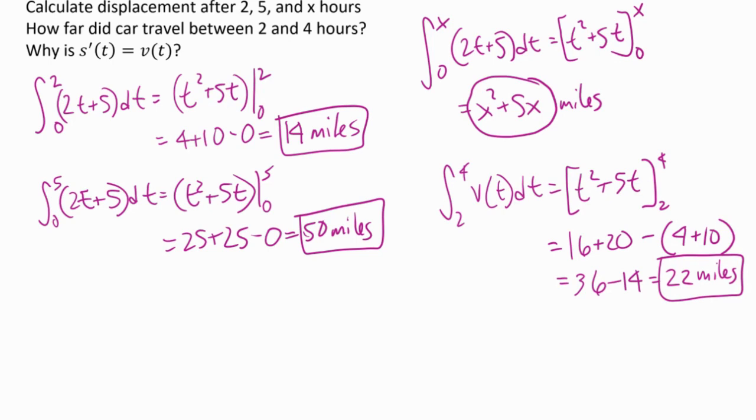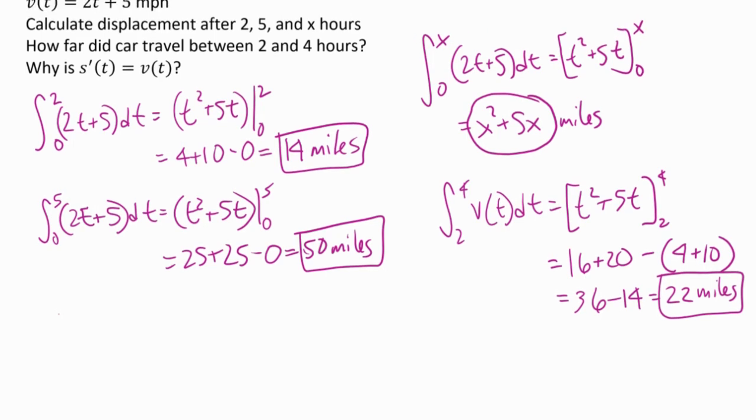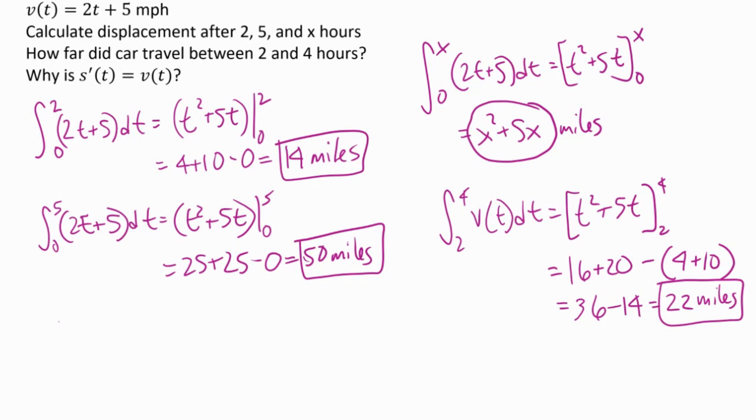And then lastly, why is s prime of t equal to v of t? So we know that this is in chapter 4. Okay, so I was just checking to make sure how much we've gone over this. We've gone over this quite a few times, actually, that the slope of position is equal to velocity. But let's talk about what velocity is. Velocity is, by definition, the rate of change